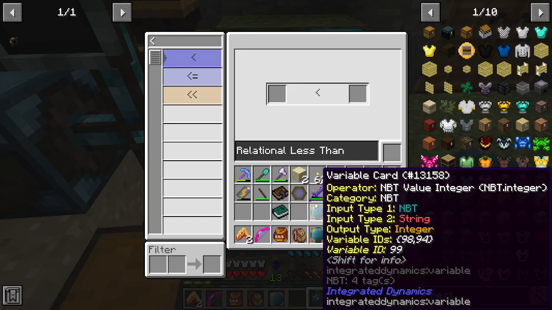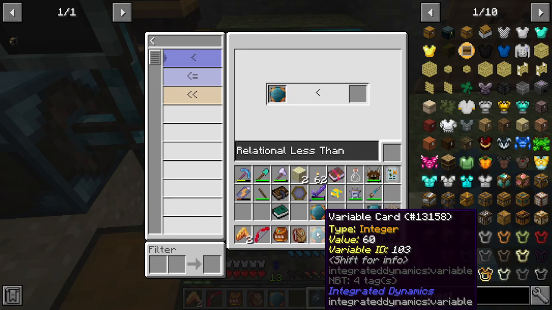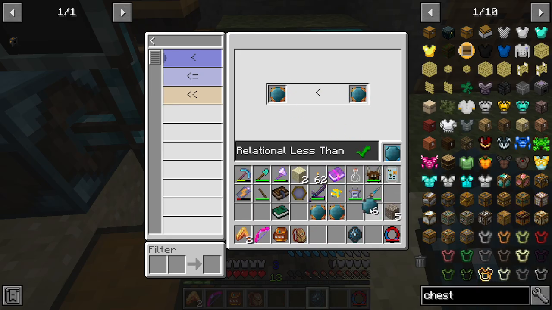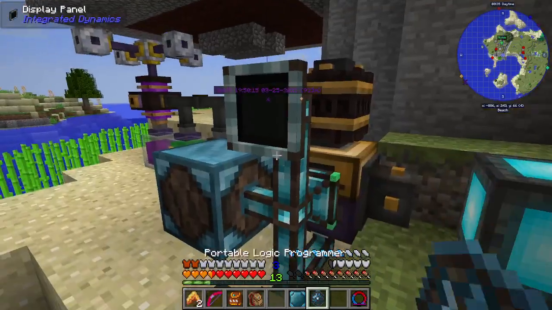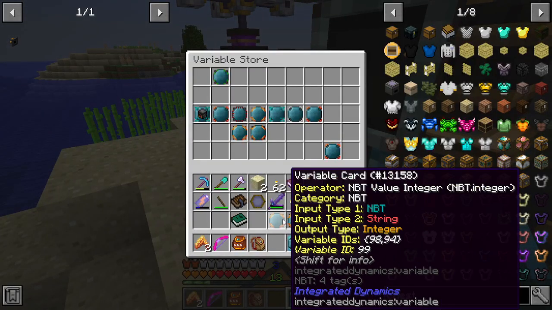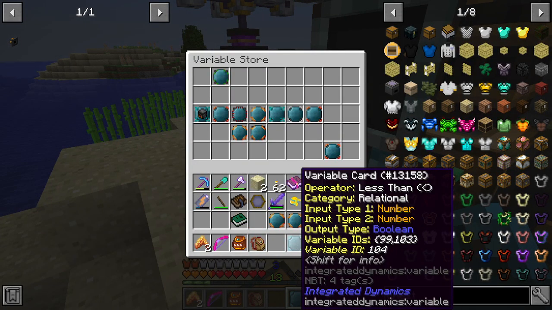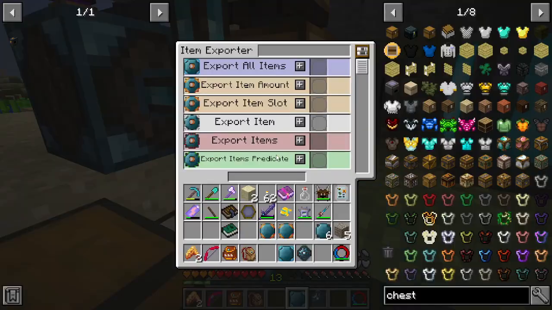If the integer value is less than 60, we got a less than relational, and that should